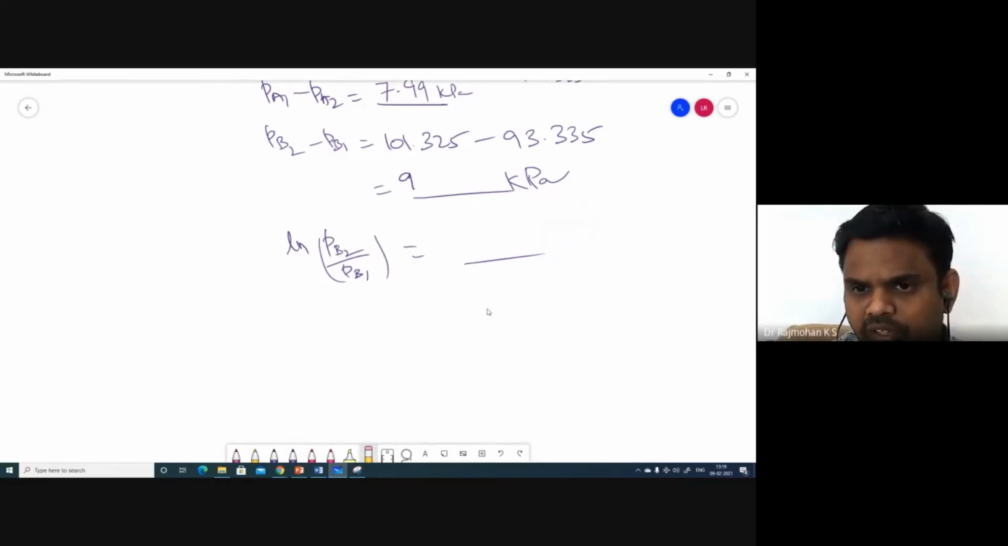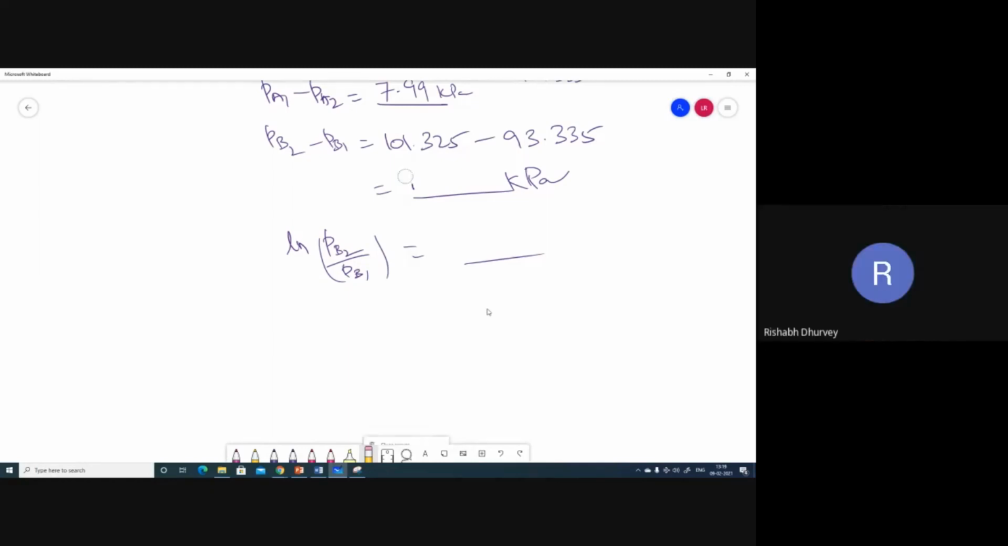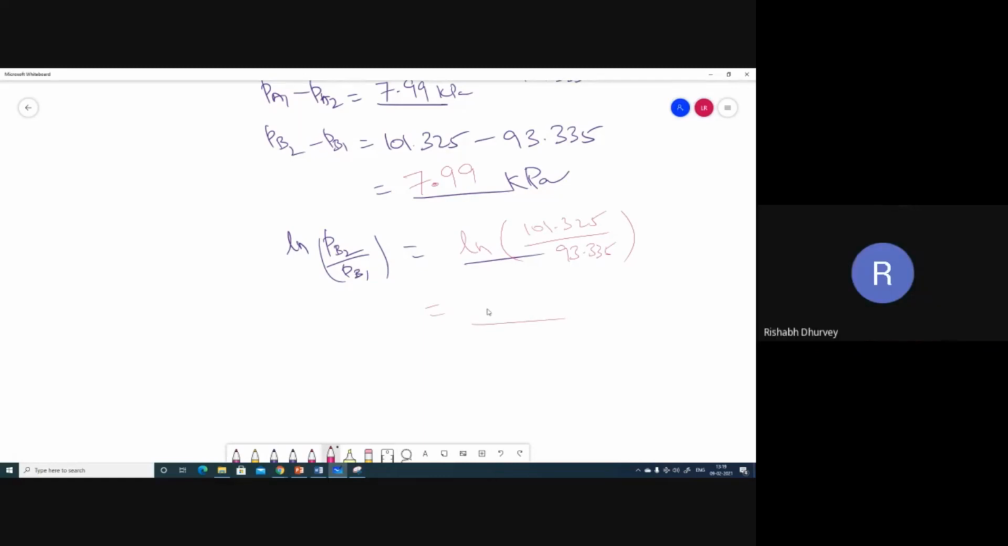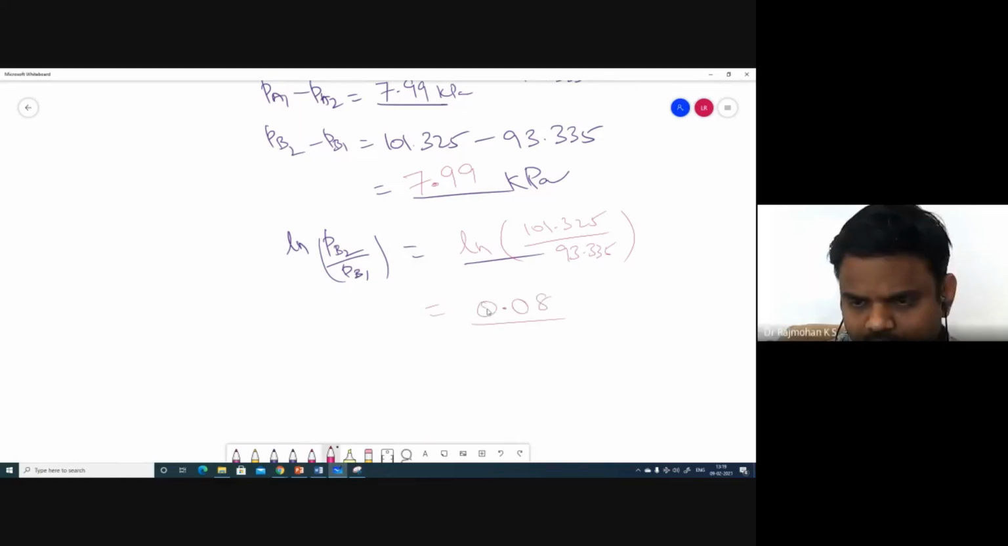How much is PB2 minus PB1? 7.99. What is the ln of PB2 by PB1? It is 101.325 divided by 93.335, which is 0.082. So then we can write PB logarithmic mean given by PB2 minus PB1 by ln of PB2